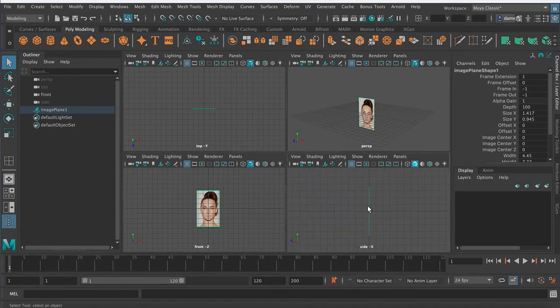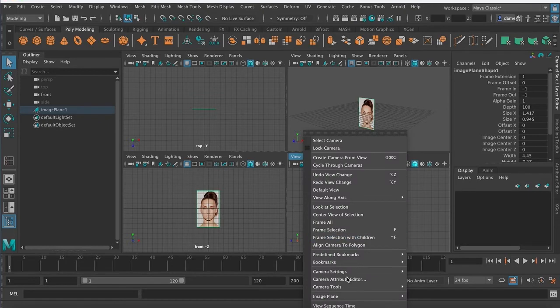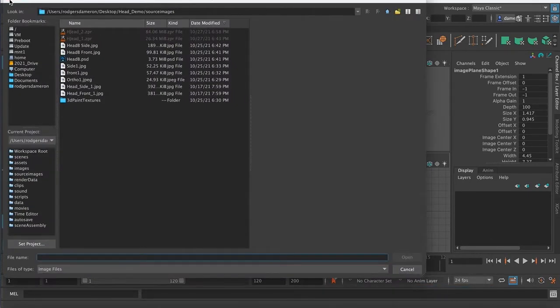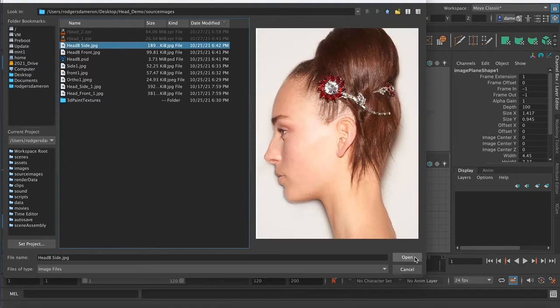Then I'll do the same thing from the side view, which is again looking in the side view. I'll go to View, Image Plane, Import Image, find my side view image,